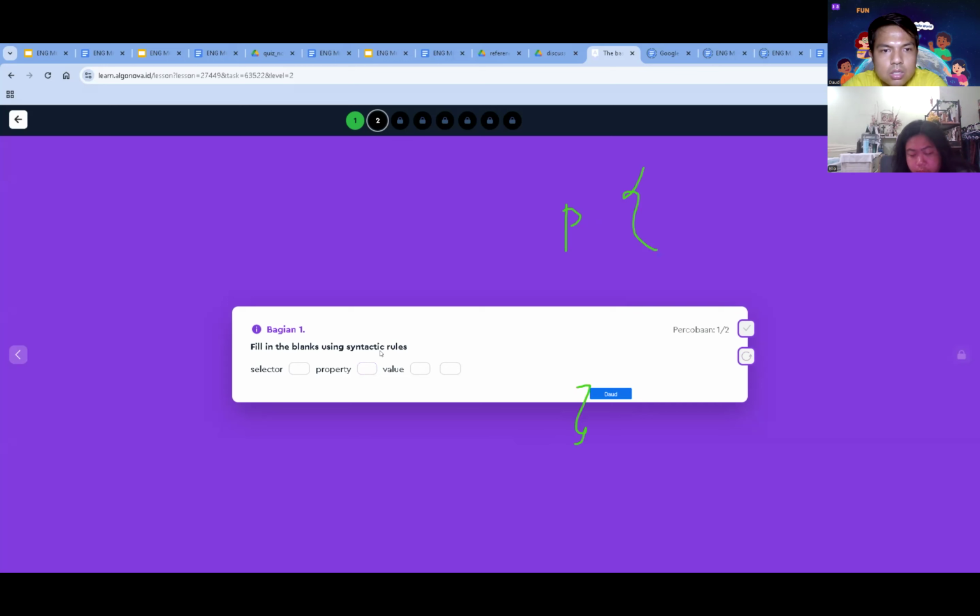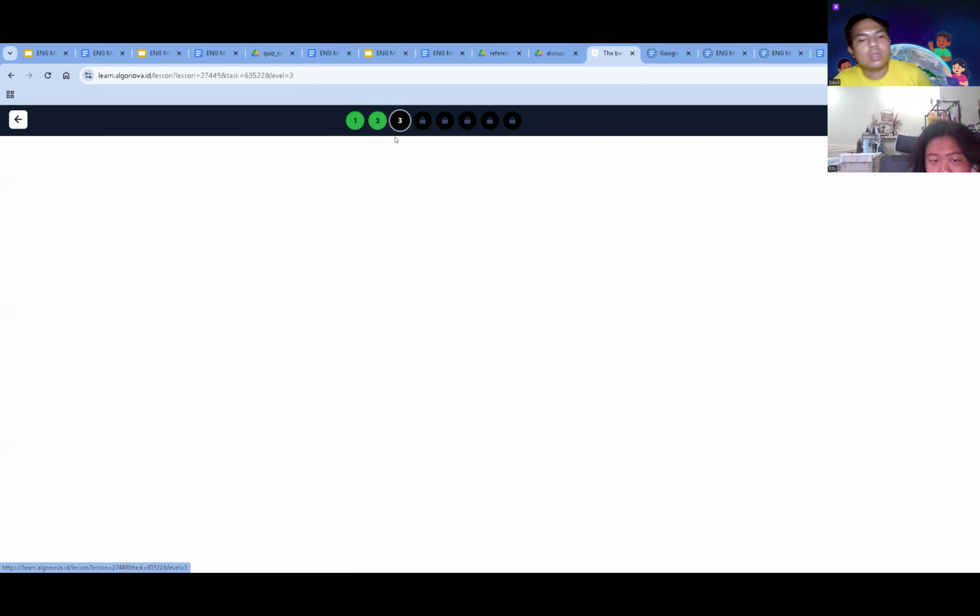No, first the selector, which is like P. Then the open bracket, the beginning bracket, and then the property, and then the closing bracket. Cool.